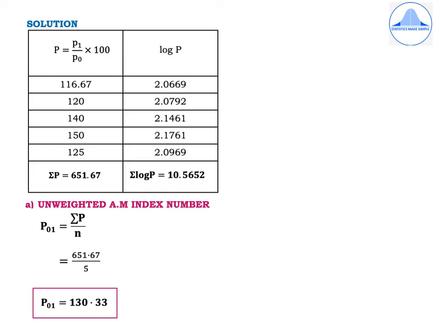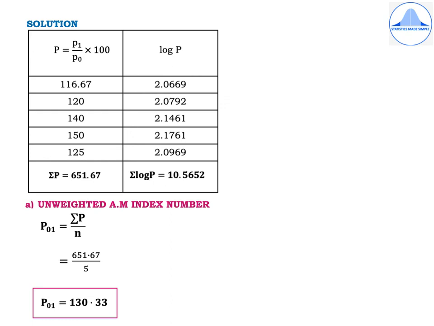Whenever the unweighted arithmetic mean index number and unweighted geometric mean index number are asked, we need to form two columns, that is capital P, which is equal to P1 by P0 into 100, which is the price relative, and then we find out log P. So doing the calculations, the price relatives are 116.67, 120, 140, 150, and 125. For the price relatives, you can just take two places after the decimal and we obtain summation P as 651.67. For log P, please take 4 places after the decimal after rounding off, and the values are